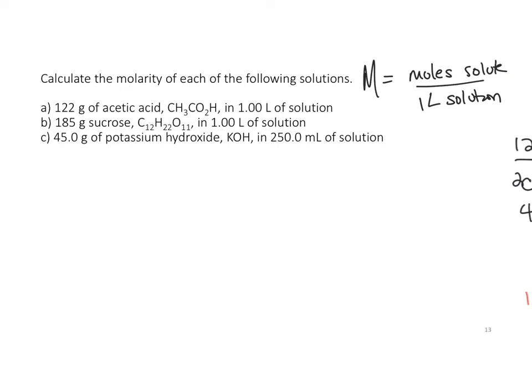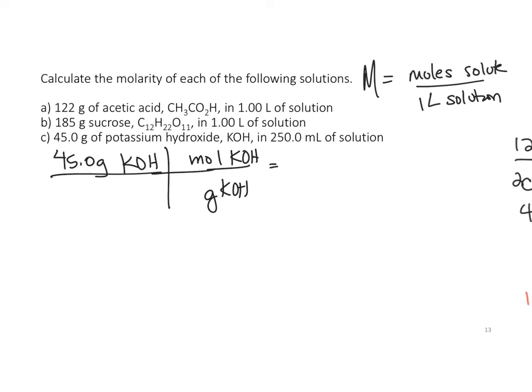Okay, so now let's do the next one. 45 grams of potassium hydroxide. So we've got to get moles of potassium hydroxide. If I look at the periodic table, I see 39.0983 for potassium, 16 for oxygen, and 1.008 for hydrogen. I get 56.106 grams per mole. So 45 divided by 56.106 gives me